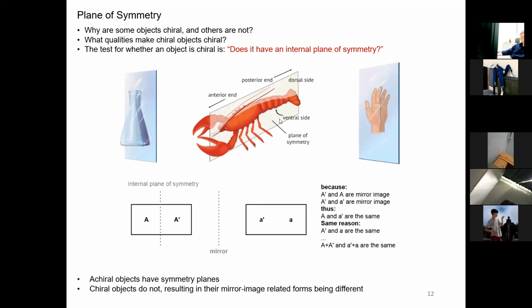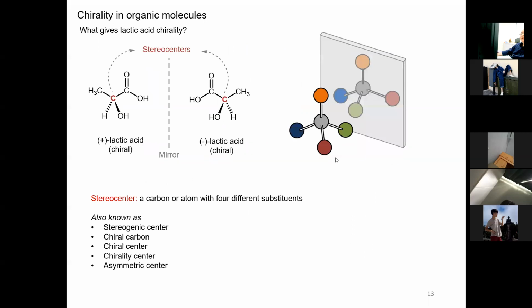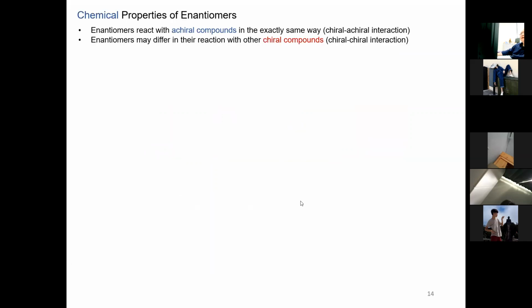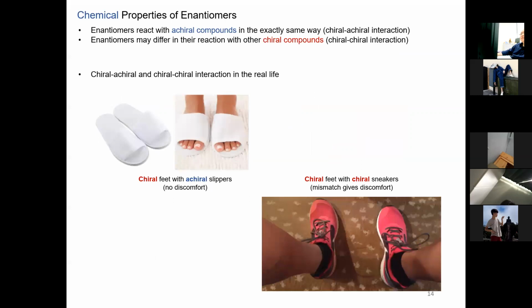Plane of symmetry, because if you can find the plane of symmetry, it's not chiral. And a stereocenter is a carbon or atom with 4 different substituents. 2 very important concepts. Okay, and chiral-chiral interactions and chiral-achiral interactions. Okay, just remember